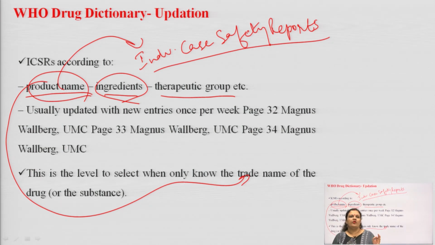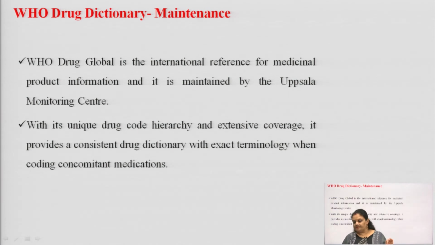Okay, trade name of the drug or the substance, active pharmaceutical ingredient prescribed to the patient for their treatment. Next, coming to the maintenance of WHO drug dictionary. WHO drug is again a global system. It is the international reference for the medicinal product related information, and it is maintained by the UMC, Uppsala Monitoring